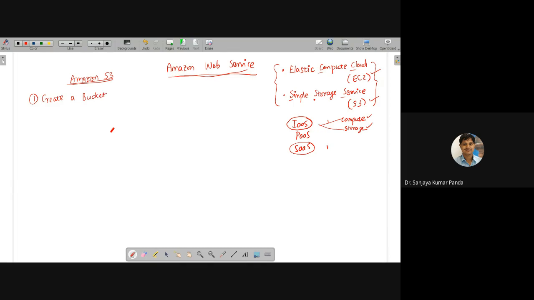You can say I want to create a bucket in Amazon S3. Just like we have seen a water bucket, similarly I want to create a bucket which is available to me through Amazon Web Services. You have to provide the name of the bucket, and also you have to specify the location of the bucket, in which location you want to deploy this particular bucket.